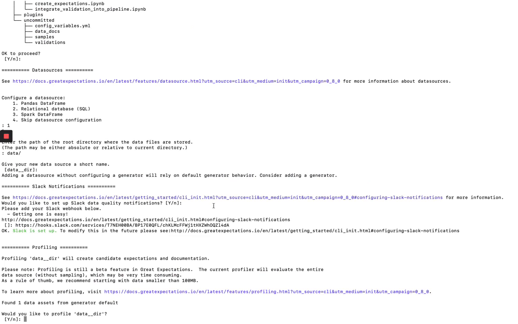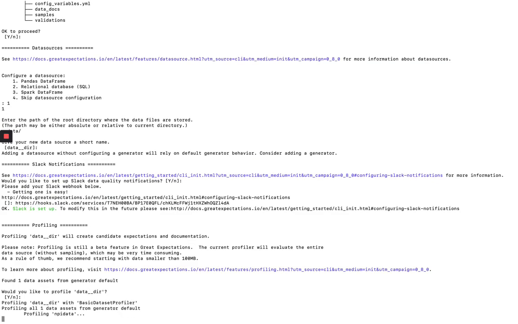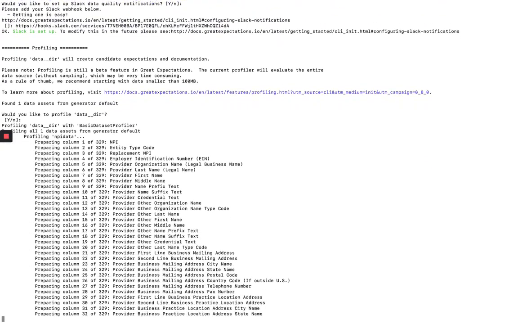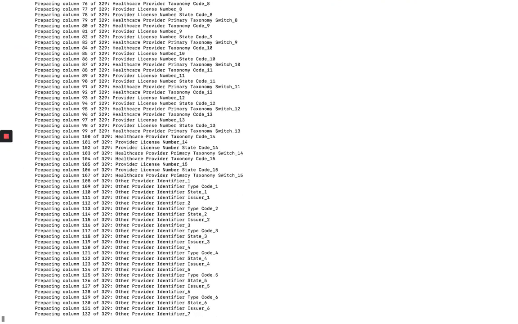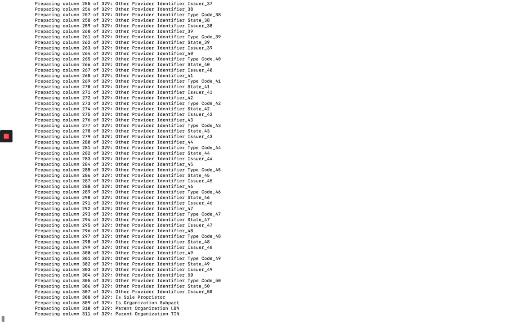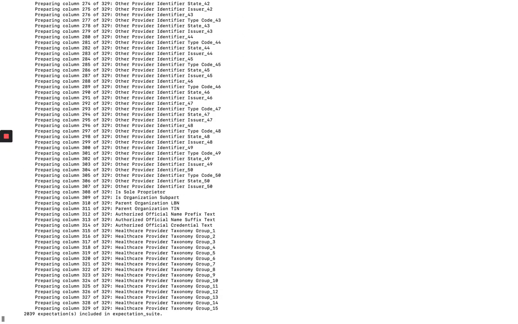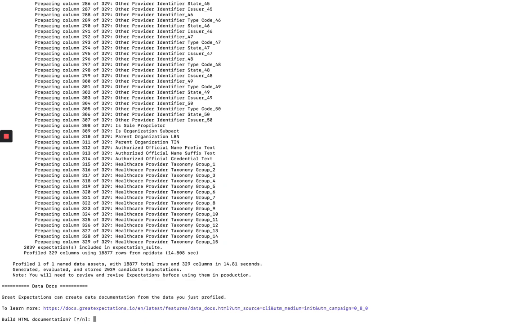Given the data directory that we pointed the new data source that we created to, we've found a single data asset, and so we can go ahead and profile that. So that data asset corresponds to the type, the weekly data. Now you'll notice I had two specific batches of the data, but we want the same expectations to apply to all of our batches. What profiling is doing is looking at one of those batches and adding a number of